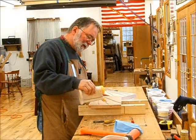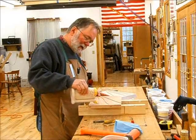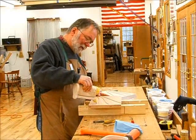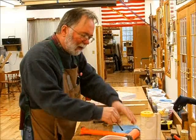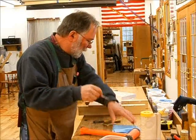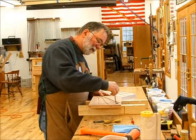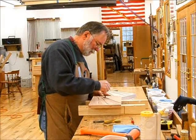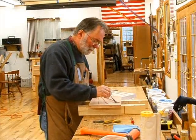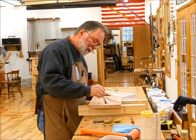Although I'm not intending for this to go into a dishwasher, it's definitely going to have to be wiped down, and I don't want glue bonds breaking. Take a little brush, brush the glue in good. Now I'm just going to put the glue on